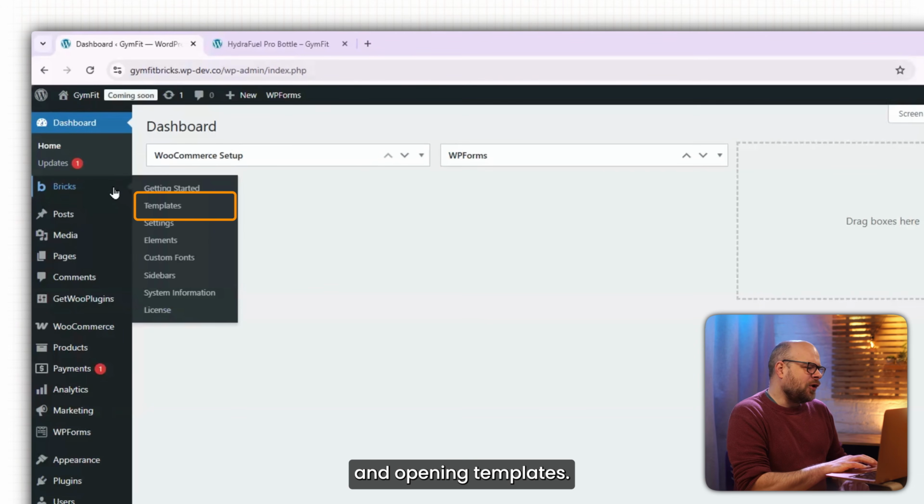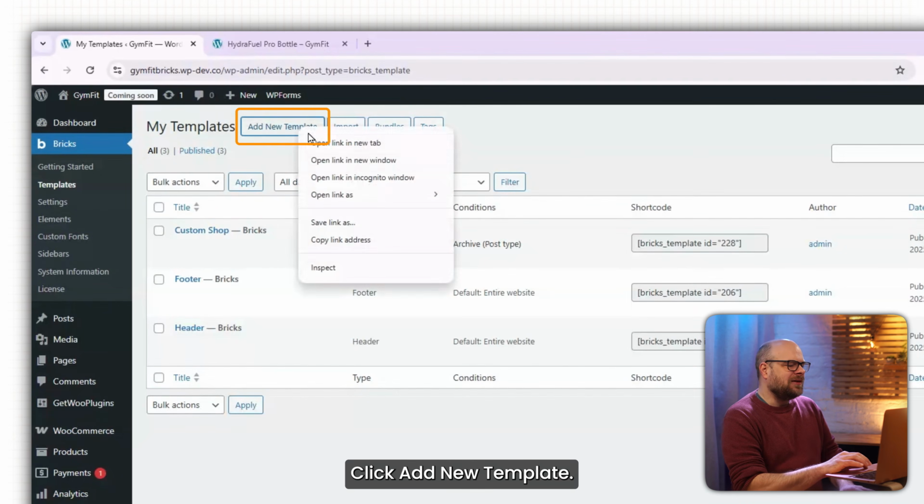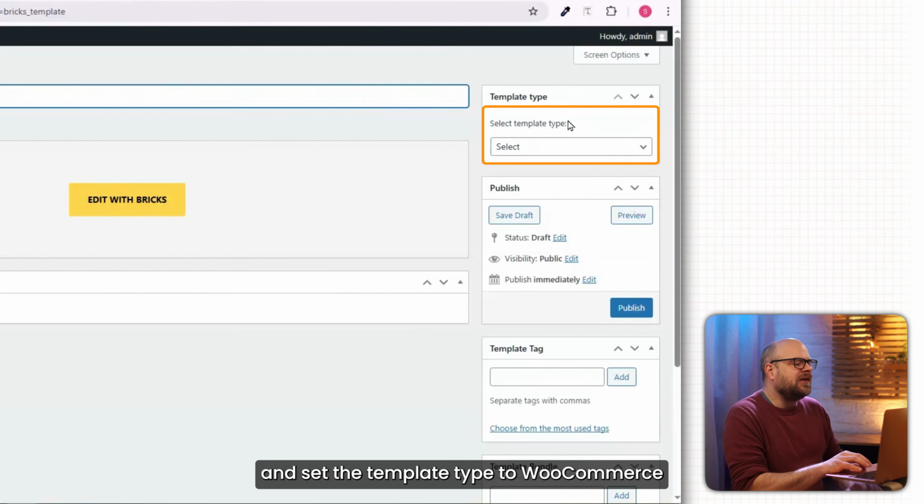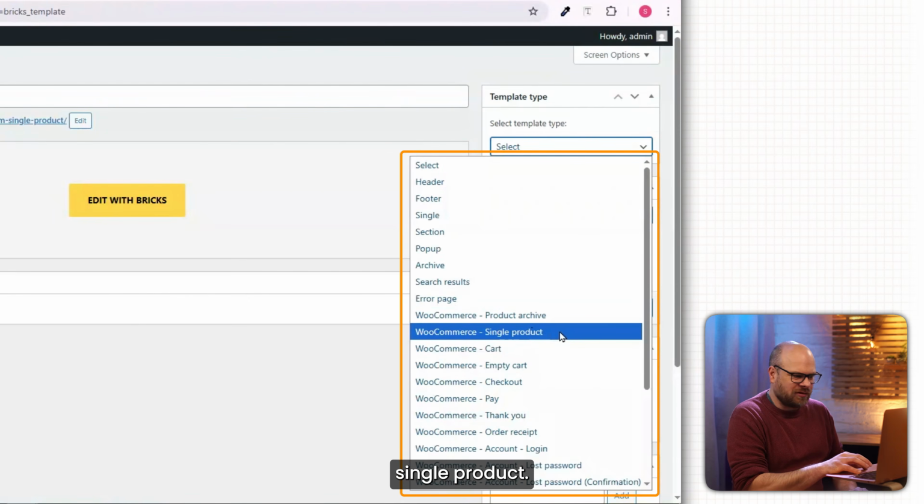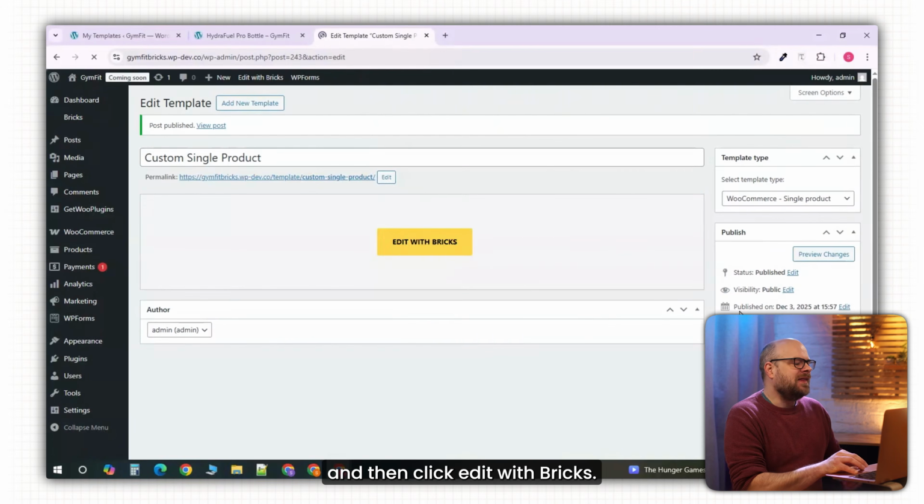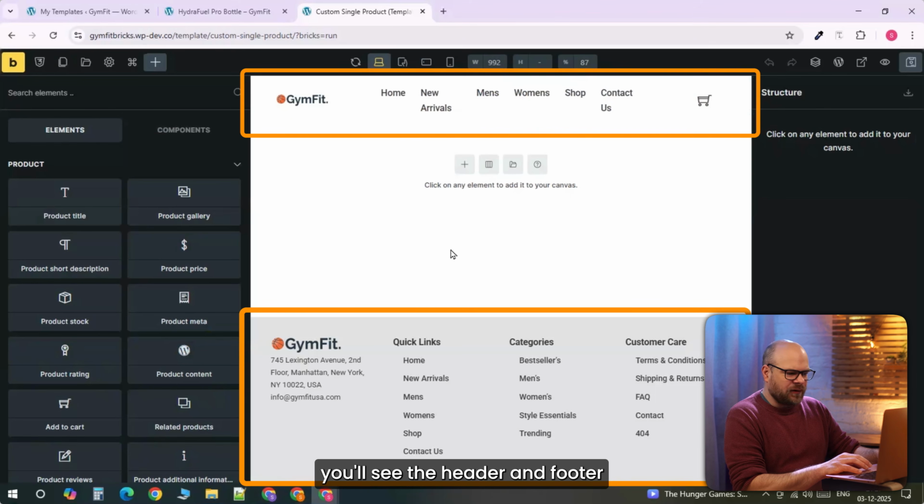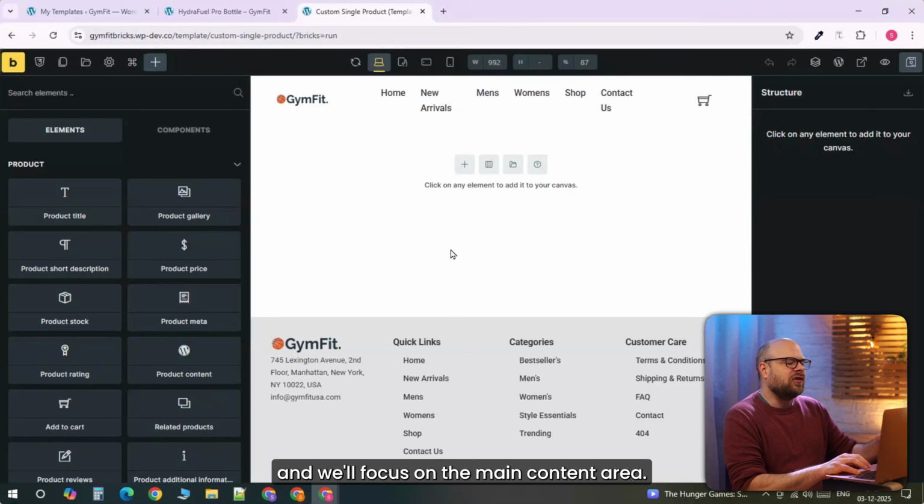Start by going to Bricks and opening Templates. Click Add New Template. Name it Custom Single Product, and set the template type to WooCommerce Single Product. Publish the template and then click Edit with Bricks. Once the builder opens, you'll see the header and footer already in place, and we'll focus on the main content